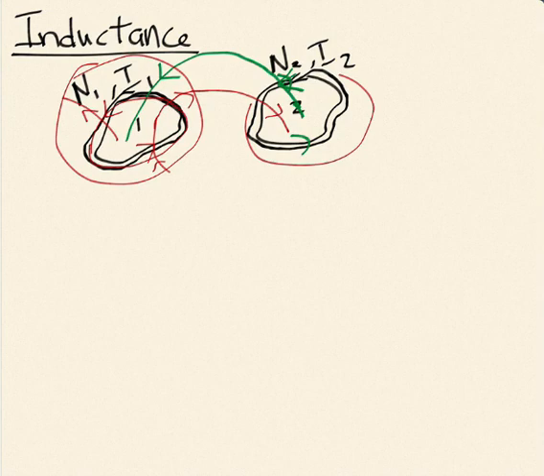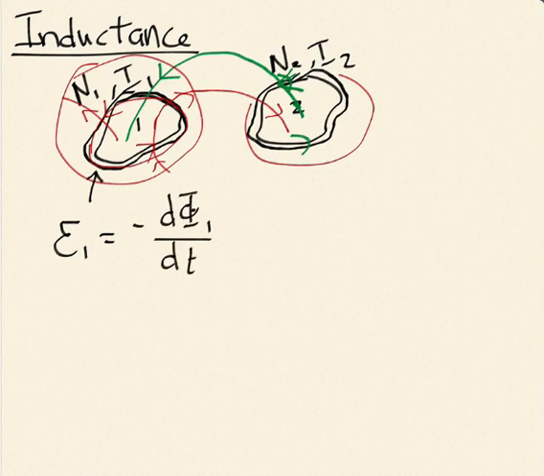To do that, I want to consider one of these loops and talk about what the EMF is due to time changes of the magnetic flux through the loop. So this is just writing down Faraday's law. I have a magnetic flux phi 1 through the loop, which is due to magnetic fields generated by coil 1 itself and also by coil 2. So let's consider what that